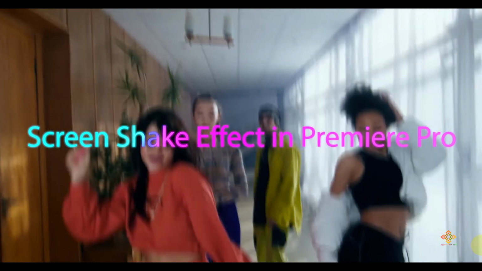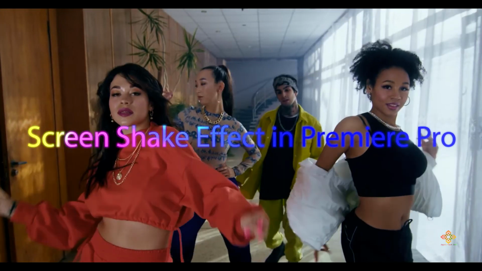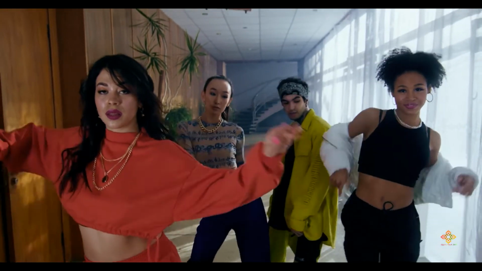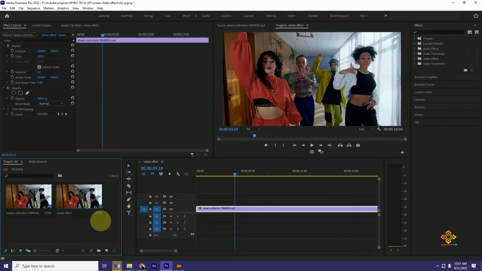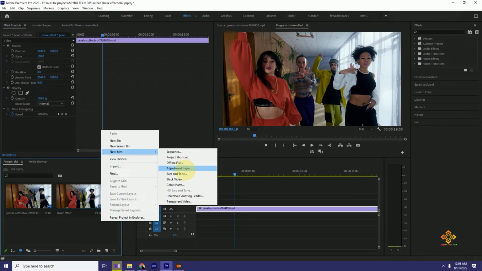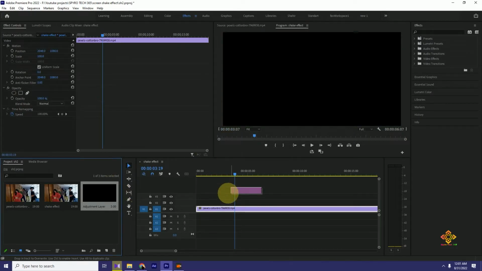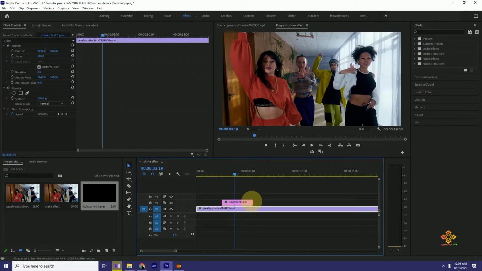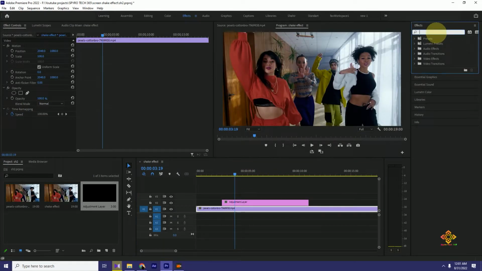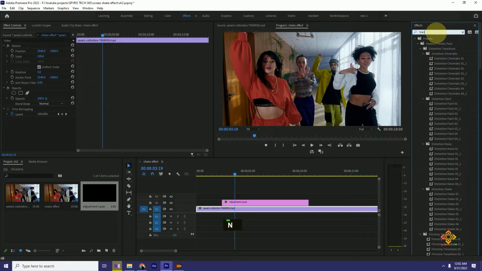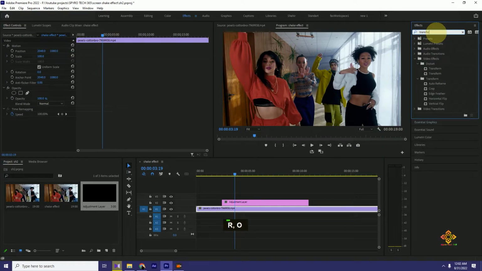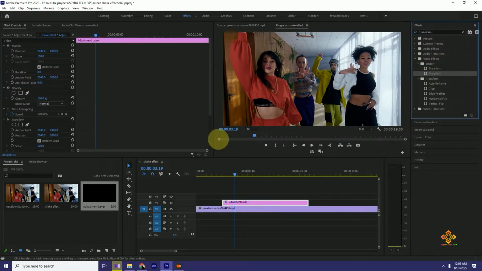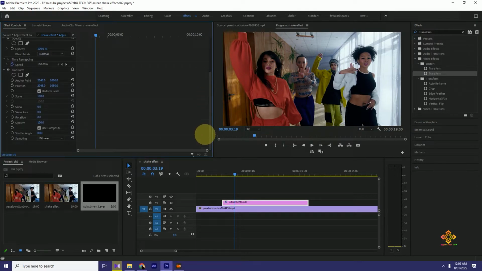Today I am going to show you how to make screen shake effect in Adobe Premiere Pro. So let's start. First, we need to add an adjustment layer to the sequence, and then we will add a transform effect from the effects panel. After that,